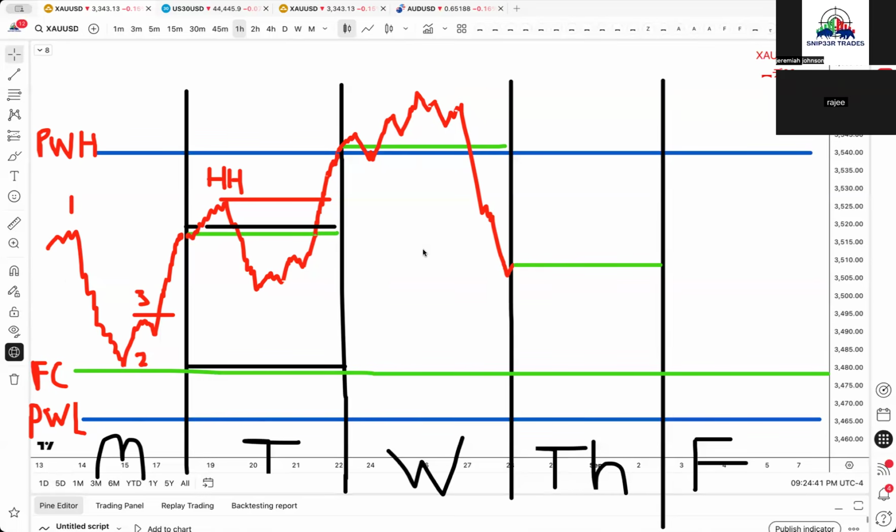So, quick question. If you're long from Monday and Tuesday's closing price, are you in drawdown on the close of Wednesday? Yes, definitely. This is also our first red day close, which is a signal day. So now that we have traders trapped,